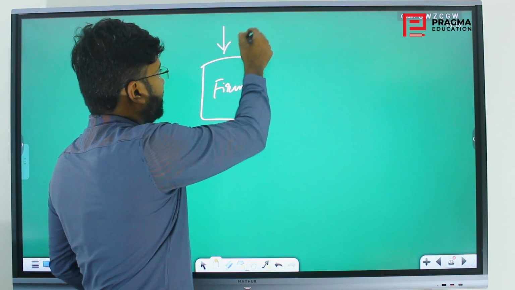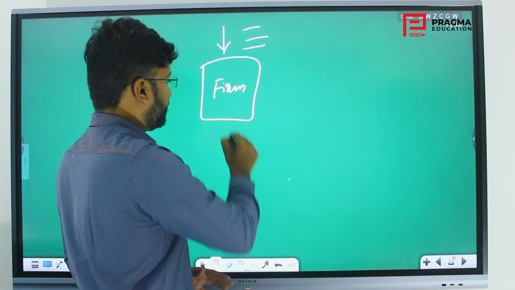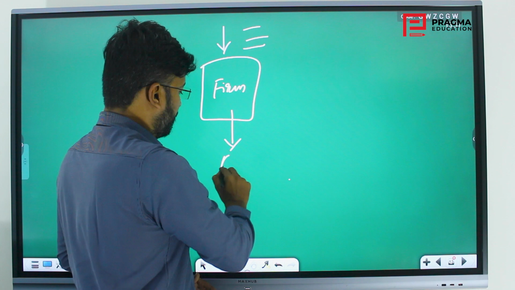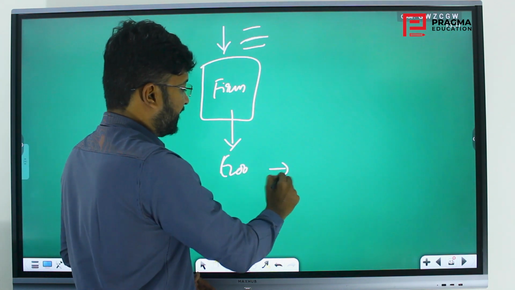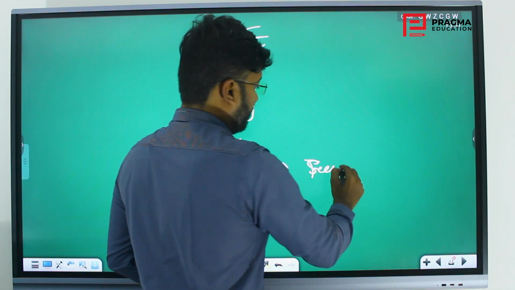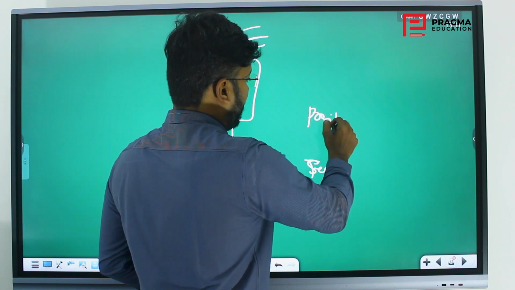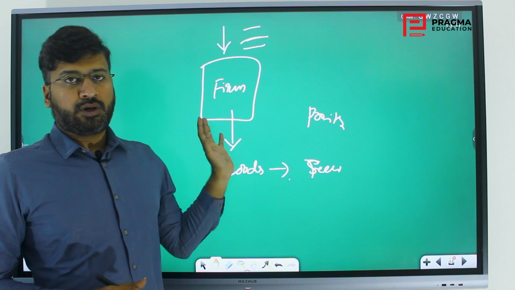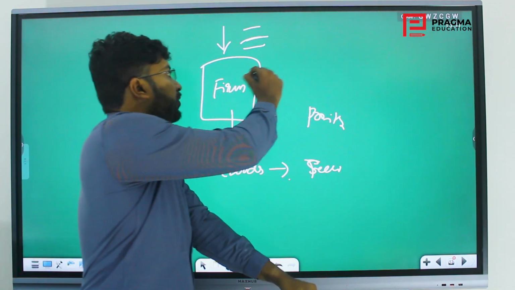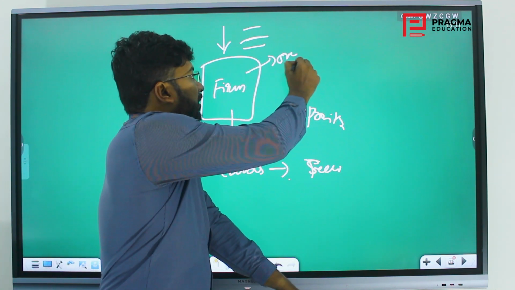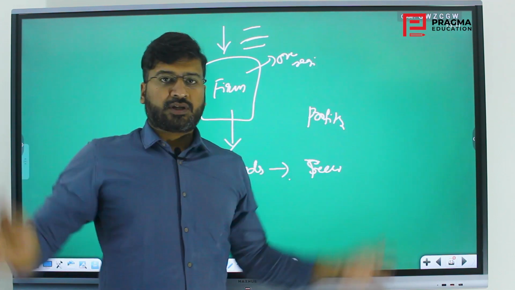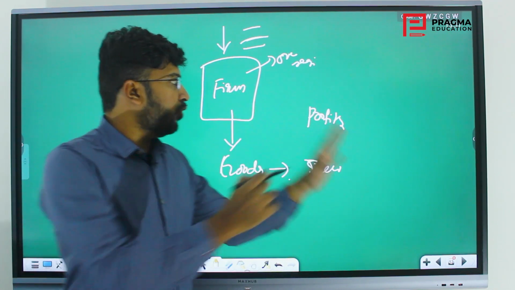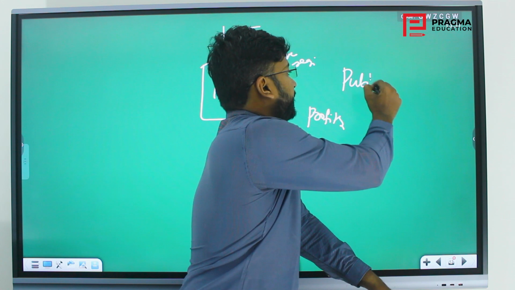So I'll put some money, there will be some shareholders and everything, and this firm is producing some goods. It is selling them and making profits. So what I will look to see is, I will want to expand this thing. I may be doing it only for one region or one state, I want to do it for the whole country. So what I will do is, I will go public.